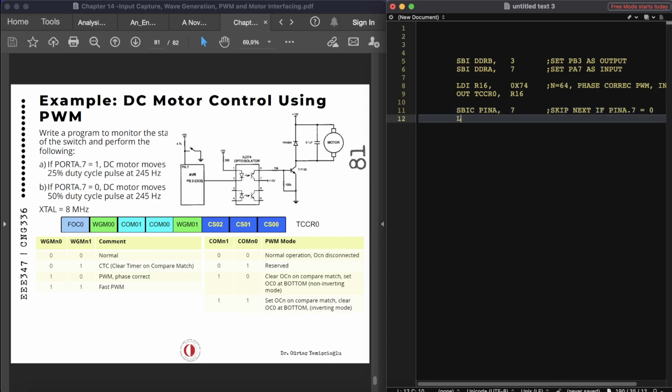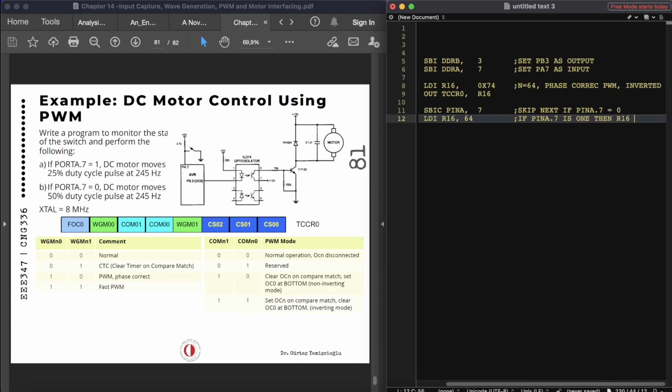At this point, if it is 0, it will skip LDI R16, 64. So if pin A7 is 1, then R16 equals 64. Okay, otherwise,